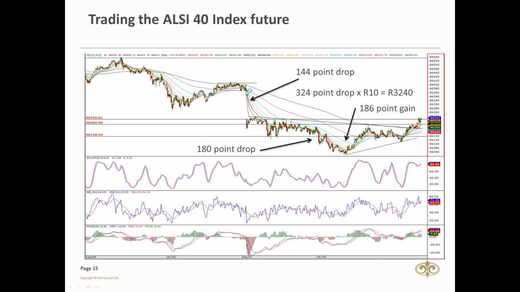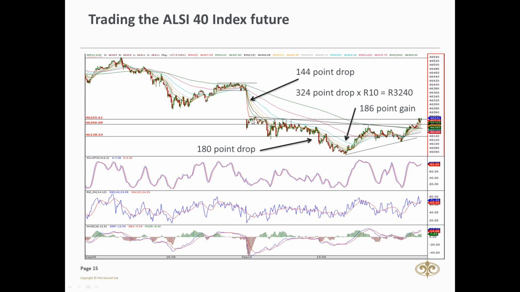So if you had gone short the previous day, in anticipation, you could have seen what's happened with the Dow. When the Dow opened lower, you thought, okay, the moving averages are down. We're trading in the zone. Anticipate the market to open down tomorrow. Okay, let's say you did that. It's quite a risky trade, but anyway, let's say you did it.